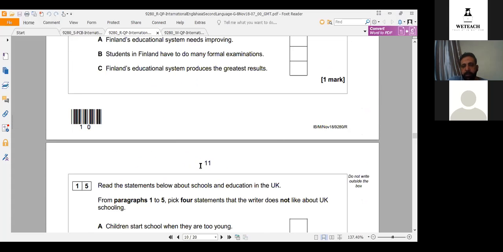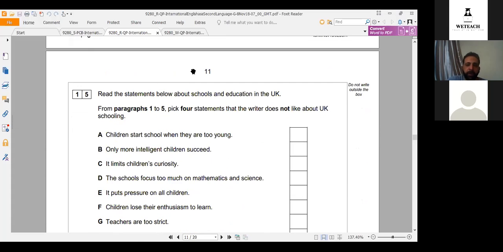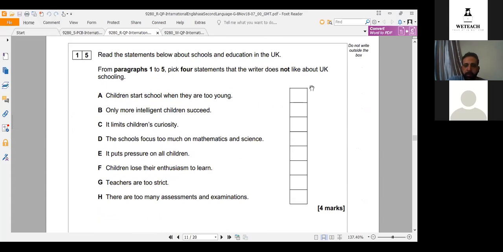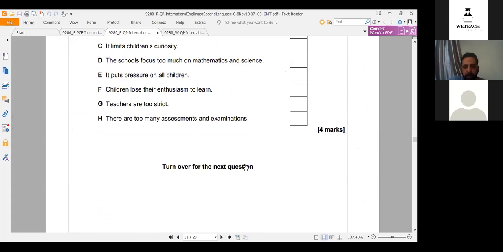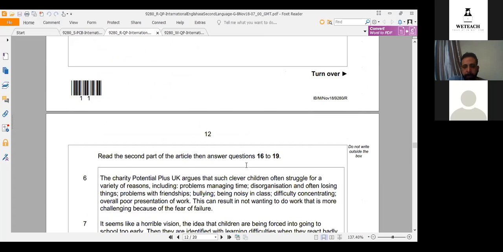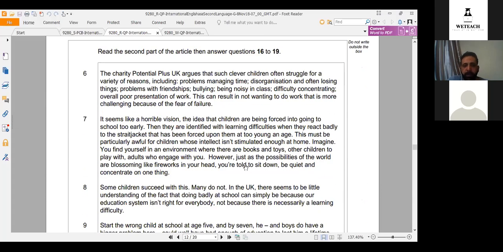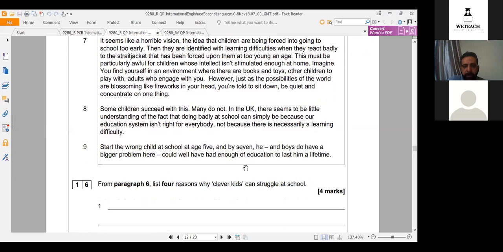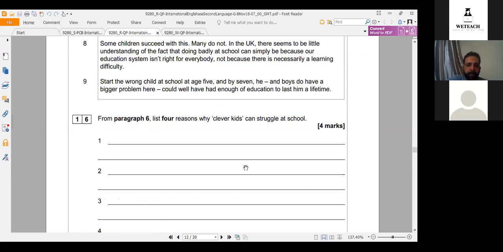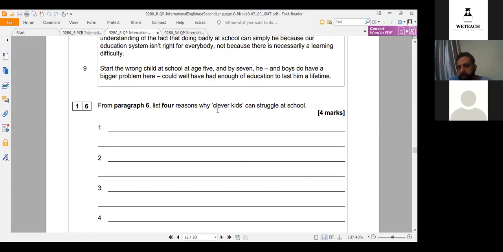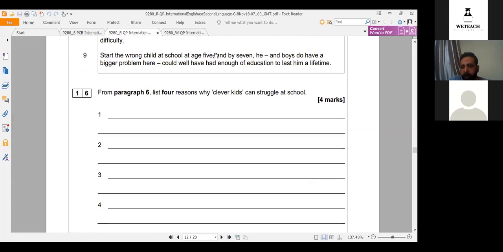Here in this question, he asks you to pick 4 answers, as you see. So you will write down or supply him here with 4 answers. It's easy to apply. The next part of the exam is longer than the first one. Then he asks you to write down some answers. Over here, list 4 reasons. These issues are already totally clear in the text to be written down.